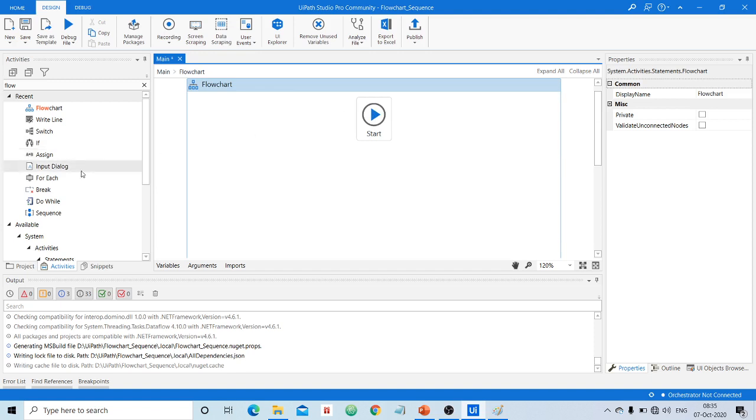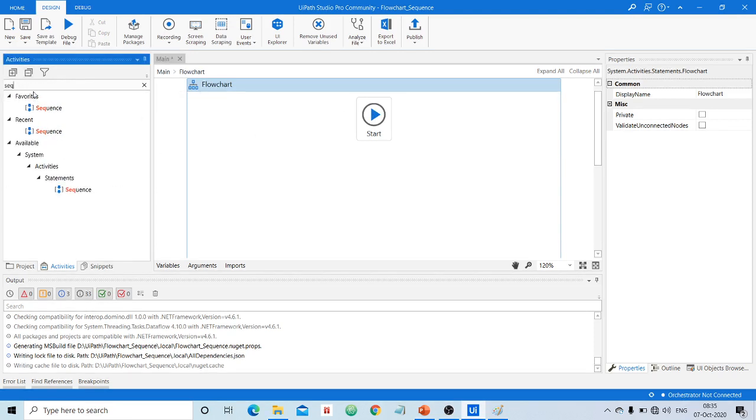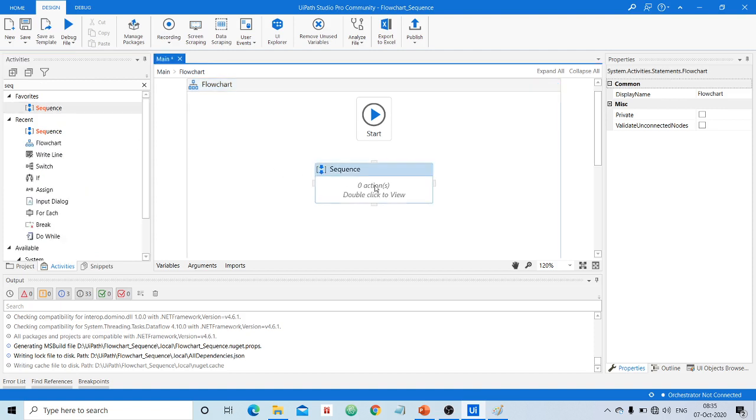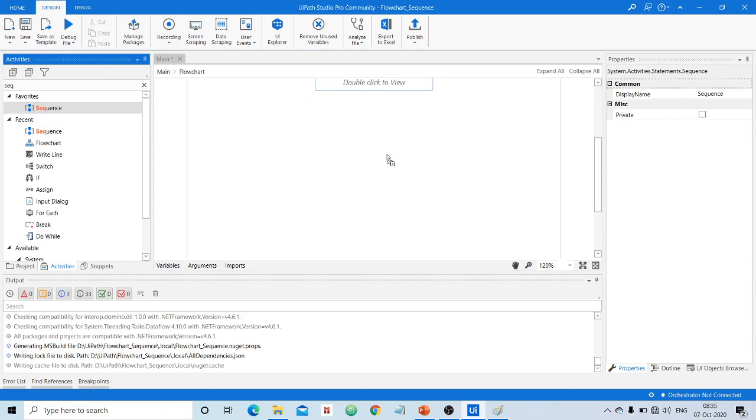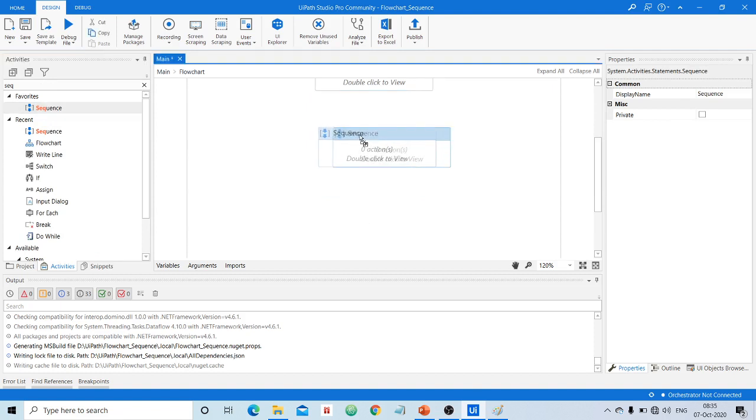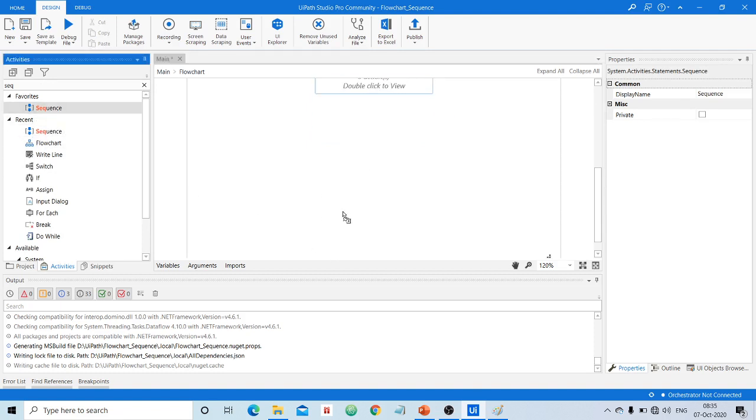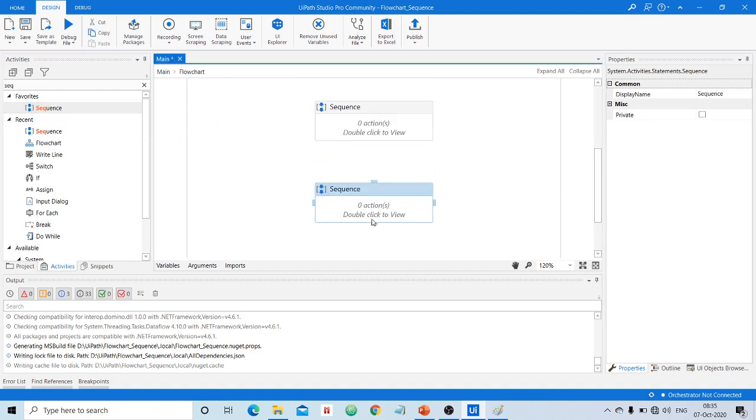Obviously there will be a start node. Now we need a sequence for read, one more sequence for doing the operation, and one more sequence for writing the output.